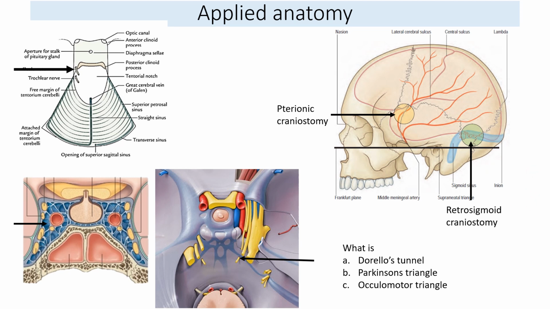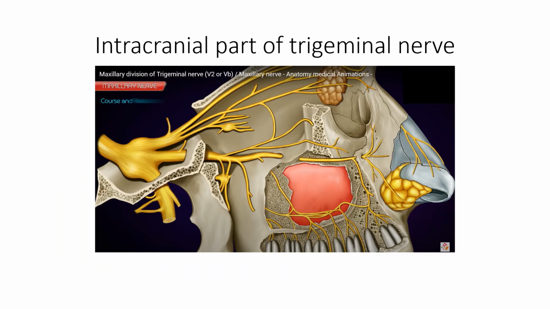Let's move to the trigeminal nerve. Now, in brief, about the intracranial part of the trigeminal nerve and the branches also. The trigeminal nerve is the fifth paired cranial nerve and is the largest cranial nerve, which is mixed in nature. It is sensory to whole face, scalp, mucous membrane of nose and oral cavity, also the mucous membrane of paranasal air sinuses. It is motor to muscles of mastication and the other derivatives of the first pharyngeal arch like tensor tympani, tensor veli palatini, anterior belly of digastric, and mylohyoid.